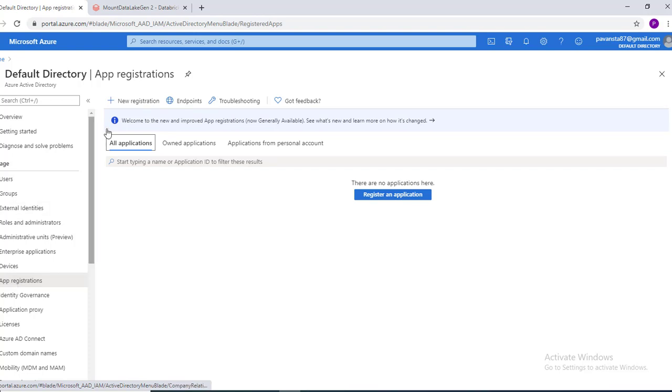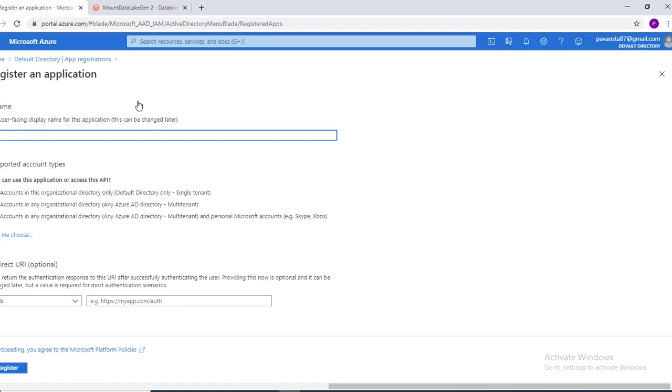In App Registration, we will register a new app and give it a meaningful name, something like Databricks App. And then we'll register.